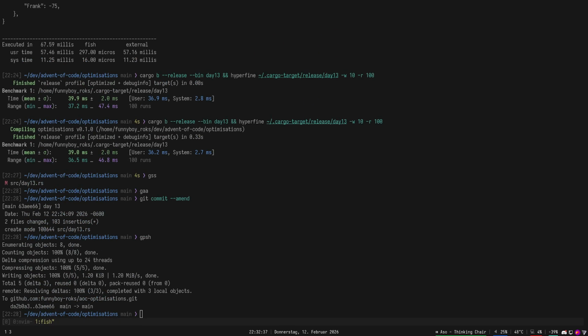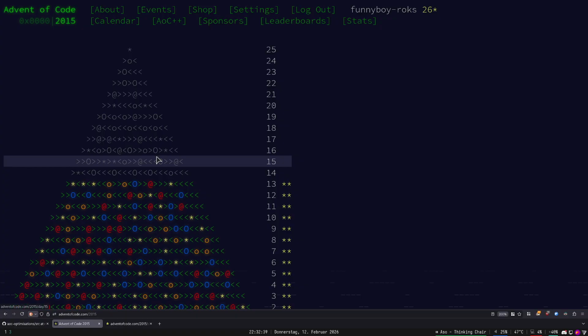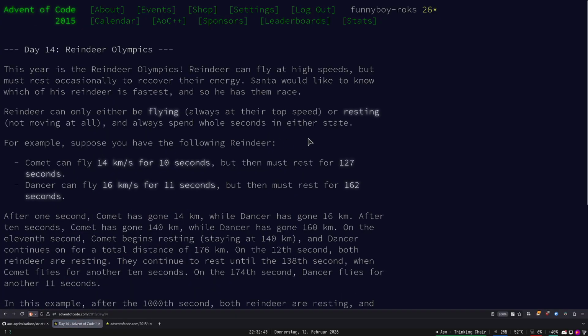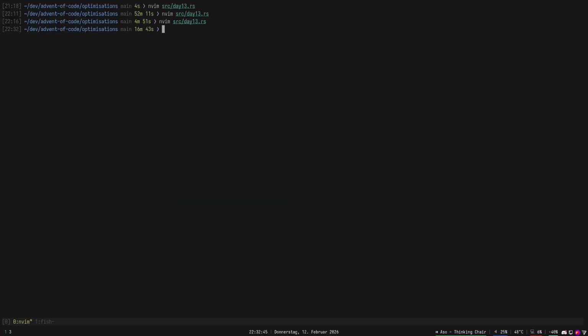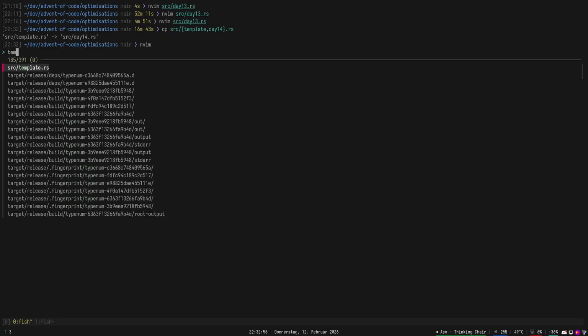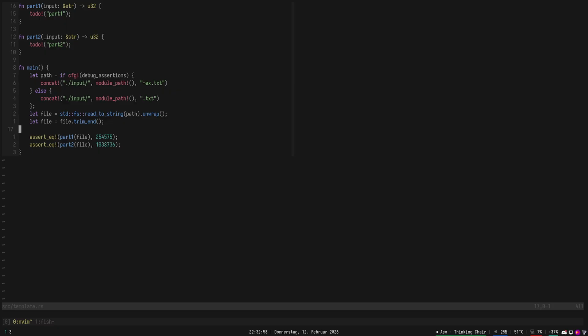Okay, let's get back to it. So, day 14. Let's get into it. Before we read any of that, let's set up our environment. So let's copy template to day 14. Actually, I want to update this template a little bit. Let's do if config debug assertions. Then we do this. Otherwise,